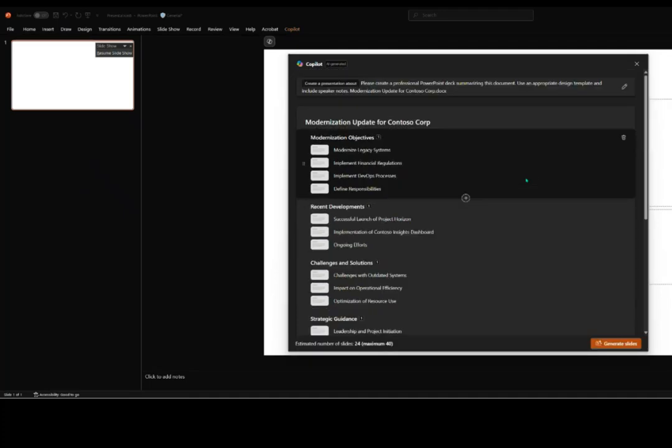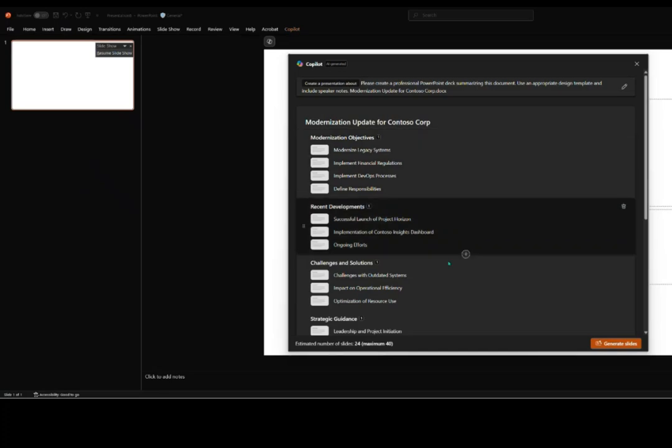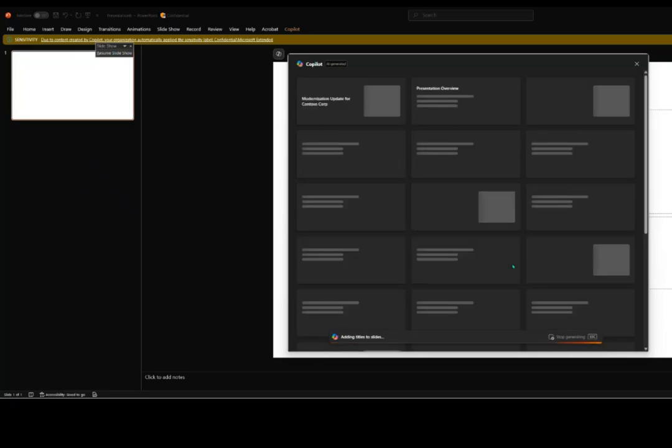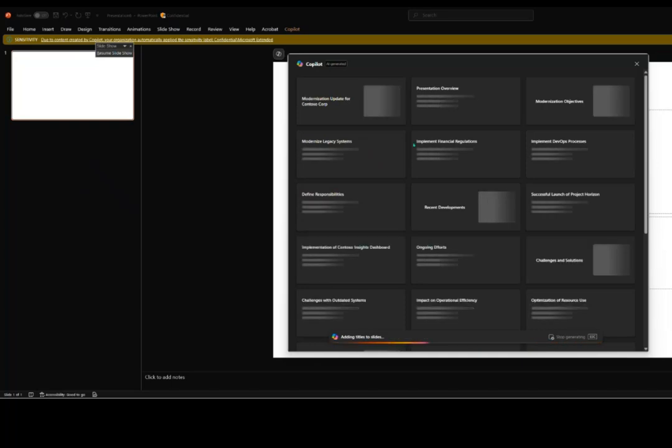As you can see, Copilot is starting to generate that deck. Go ahead and say generate slides. At this point, Copilot is going through, adding titles to each of those slides. With all the titles in place,